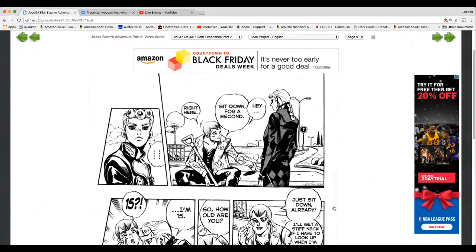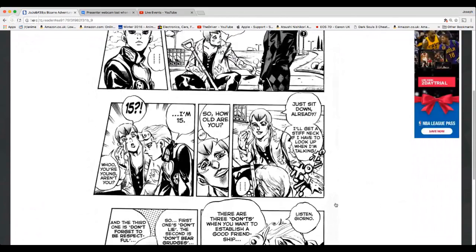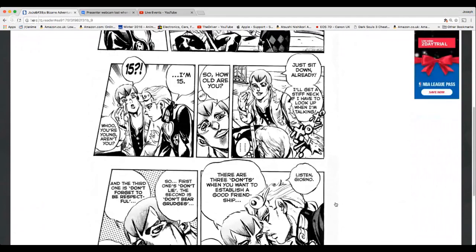I like it. Touche. But compared to most people we've seen so far in all the parts, I think he actually looks the most accurate to the age. I might be wrong about how I'm seeing it, but he looks very much around that age.